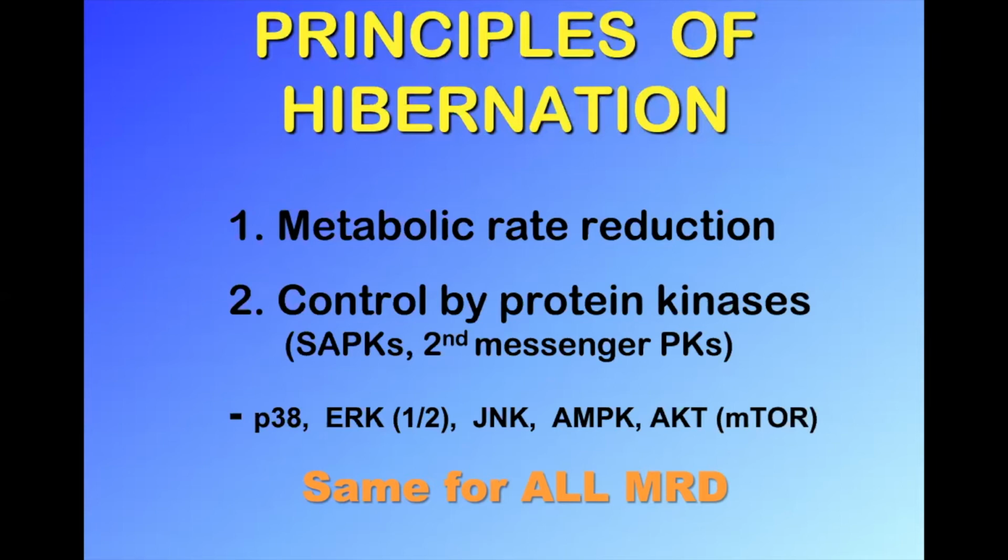The protein kinases that are turned on are the next line, the third line. They're not important here. I'll introduce them a little bit, but imagine they're kinases. They're going to phosphorylate other enzymes. They turn on and turn everything else off. These kinases are present in the hot bears and in the cold ground squirrels and in the bats. These same kinases deal with lemurs and mouse lemurs. And they're also involved in all those other weird animals, the anoxic turtle, the freeze-tolerant frog, the estivating toad in the desert. They all use these kinases turned on in order to turn everything else off in the cell. So the next slide